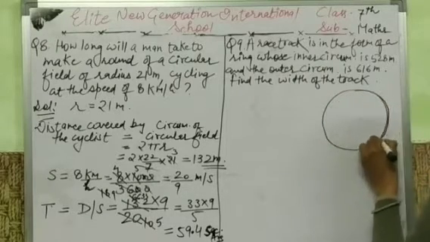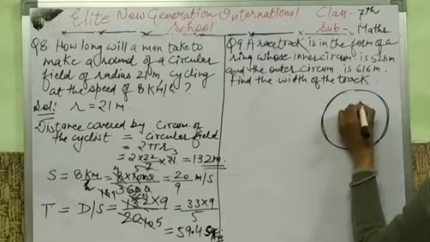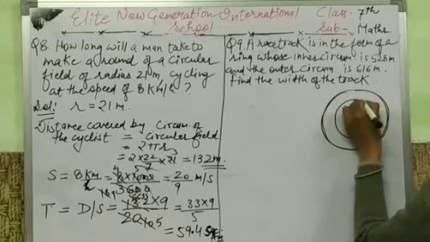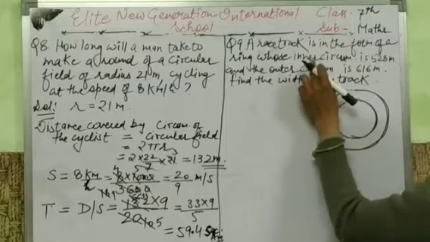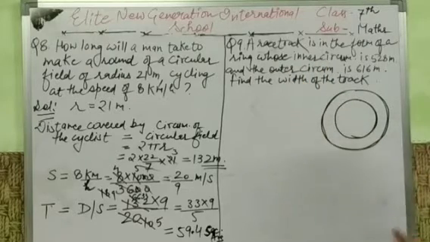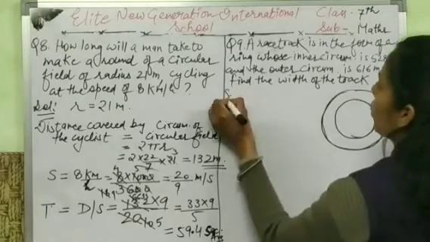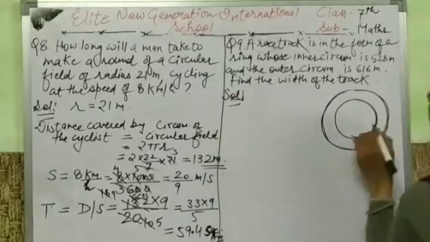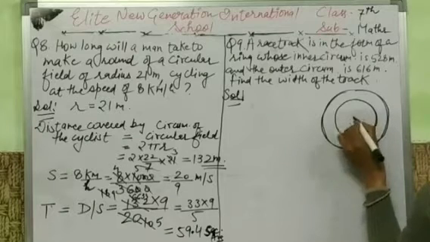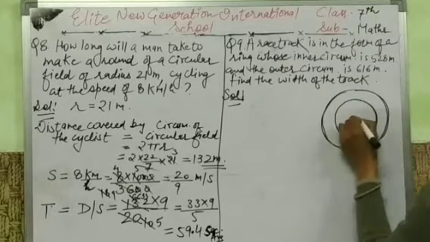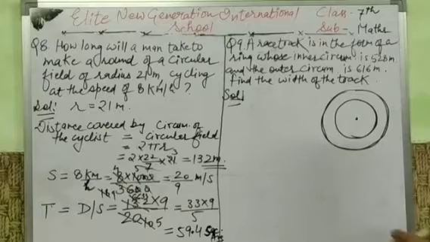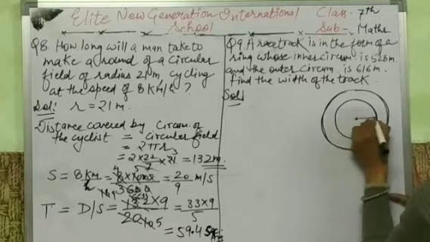Okay, and here, because this is a racetrack, and here the words inner and outer are written. It means in that case inner ring and outer ring. So inner circumference is given as well as outer circumference is given. But we have to find the width. What we have to find? So in that case, first of all, the inner circle has a center as well as the outer circle has the same center. And this is this radius.